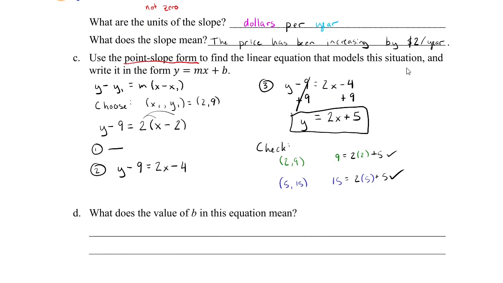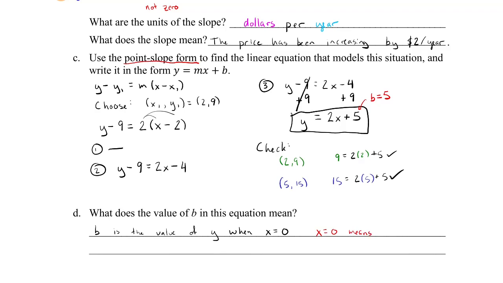The last question we're going to ask in this example is, what does the value of b mean? Right, we got the y equals mx plus b form. So now we know that b equals 5. What does that mean in this equation? Recall that b is the value of y when x is 0. In this example, x equals 0 means,